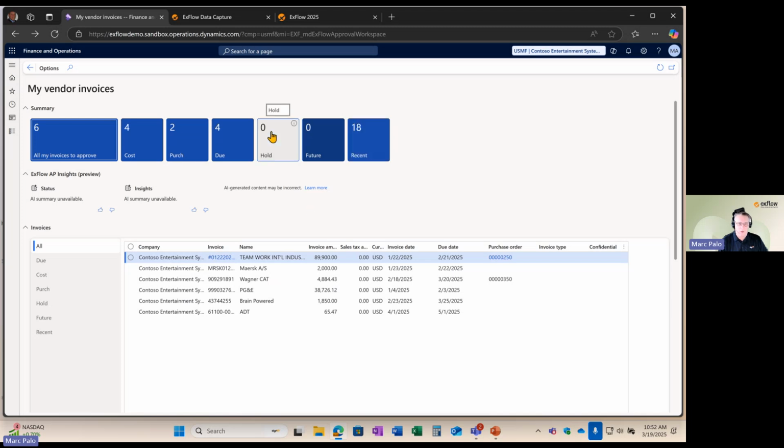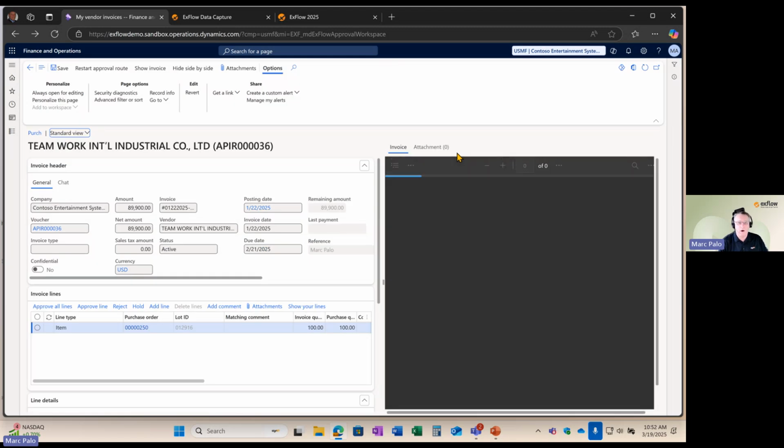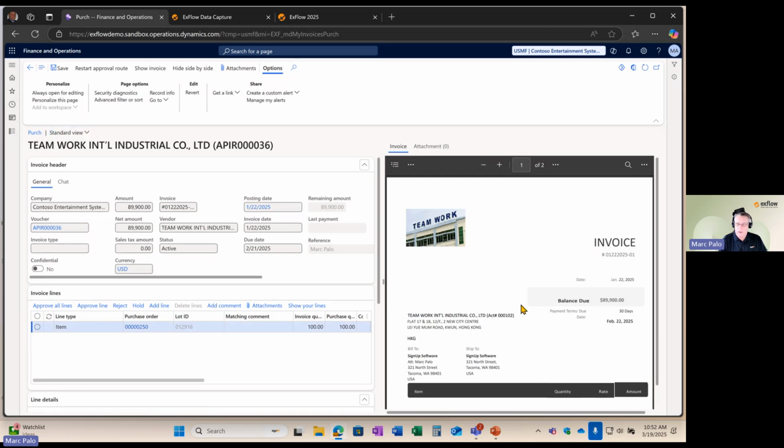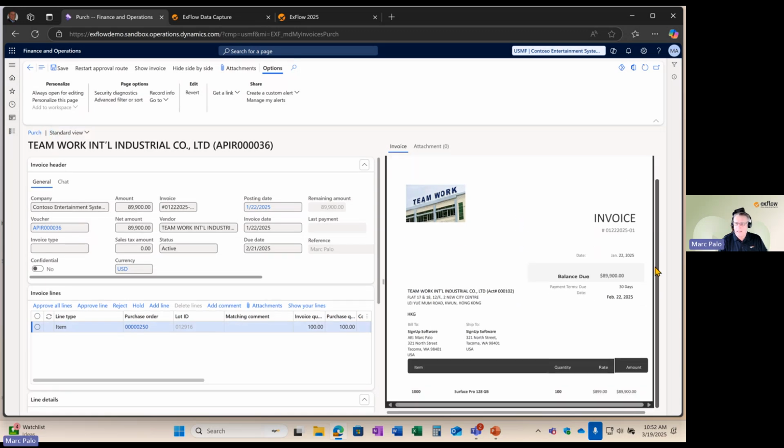I might have stuff on hold that I'm working on as an example, and I can quickly drill into this. I'm just going to do this quickly. And the document form looks much like the import form, but it's more simplified because, again, this is not so much an AP professional. This is a manager, an executive, that would do approvals within D365. So I can see this is actually the landed cost PO, the original item PO for this